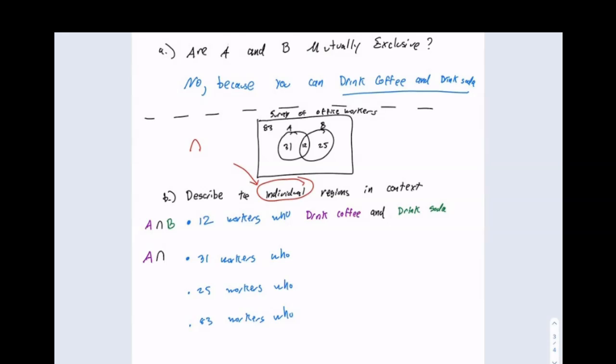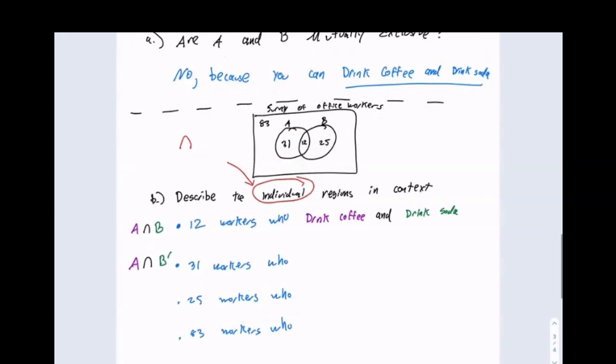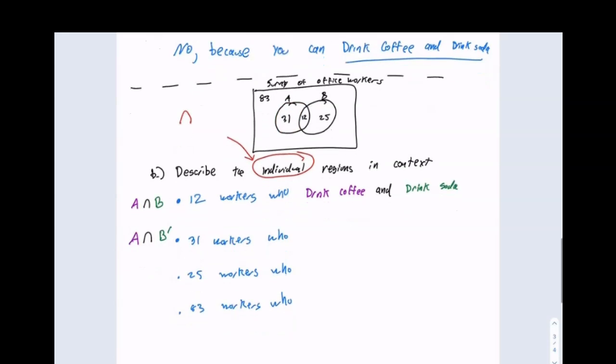A intersection B prime. We're outside of circle B, we use the boundary of B, but we are inside circle A. Every time we're only talking about one individual region, this is an and. So this is A intersection B prime, or in this case, 31 workers who